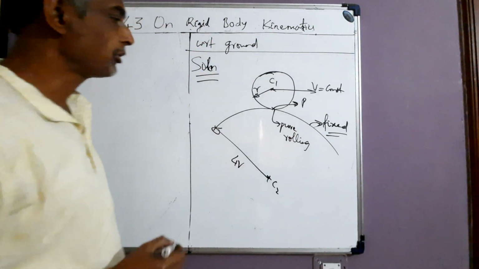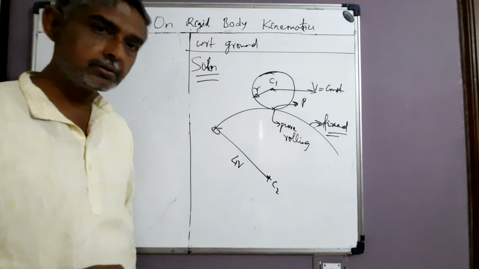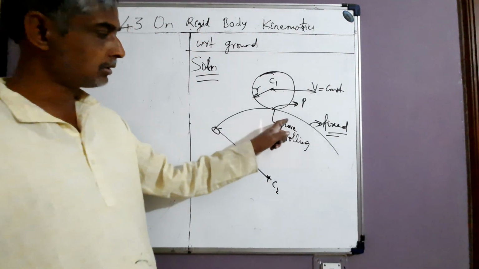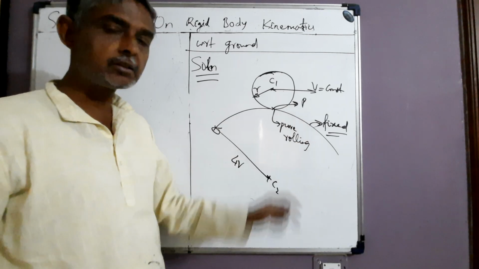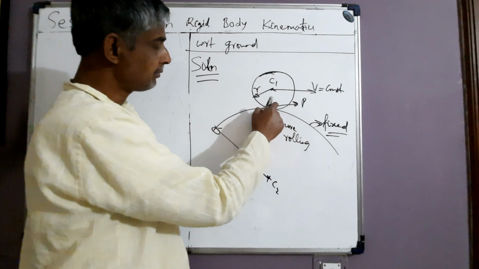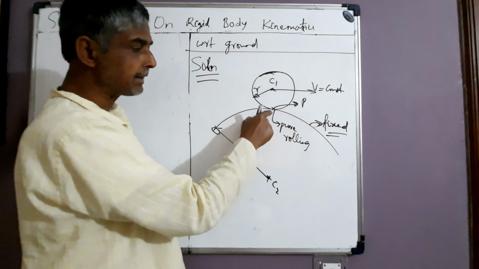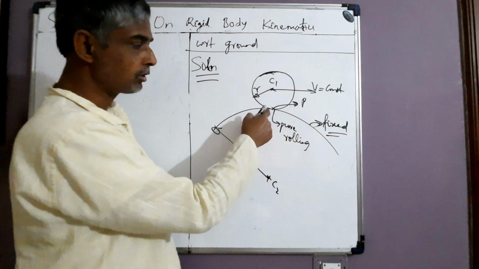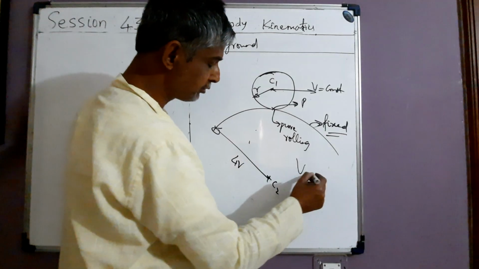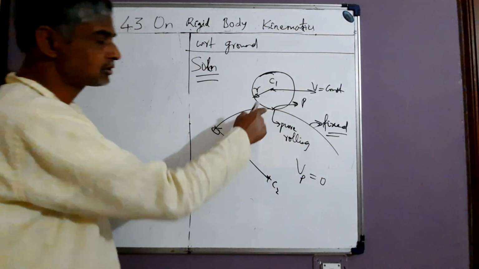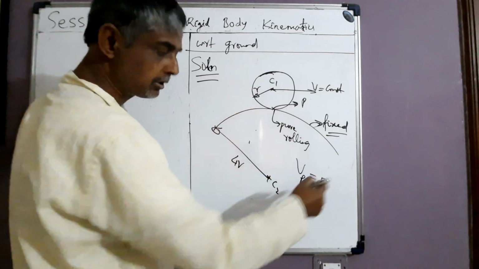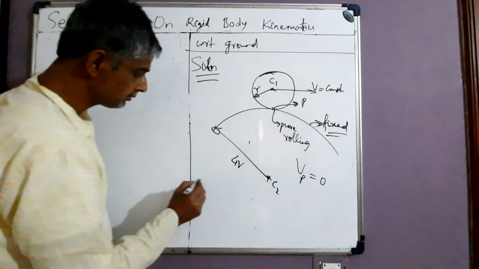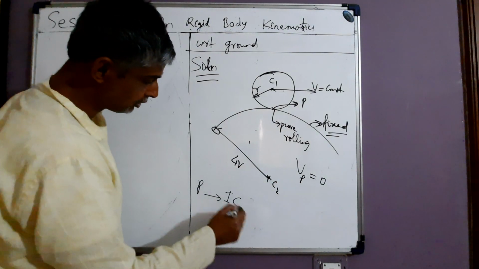P is the material point of the wheel in contact with the track. Since the track is fixed in the ground frame and point P of the wheel is in contact with the track, and it is undergoing pure rolling, by the criteria of pure rolling, Vp is 0. Velocity of material point P of the track with respect to ground is 0. So by definition, P is the IC of the wheel